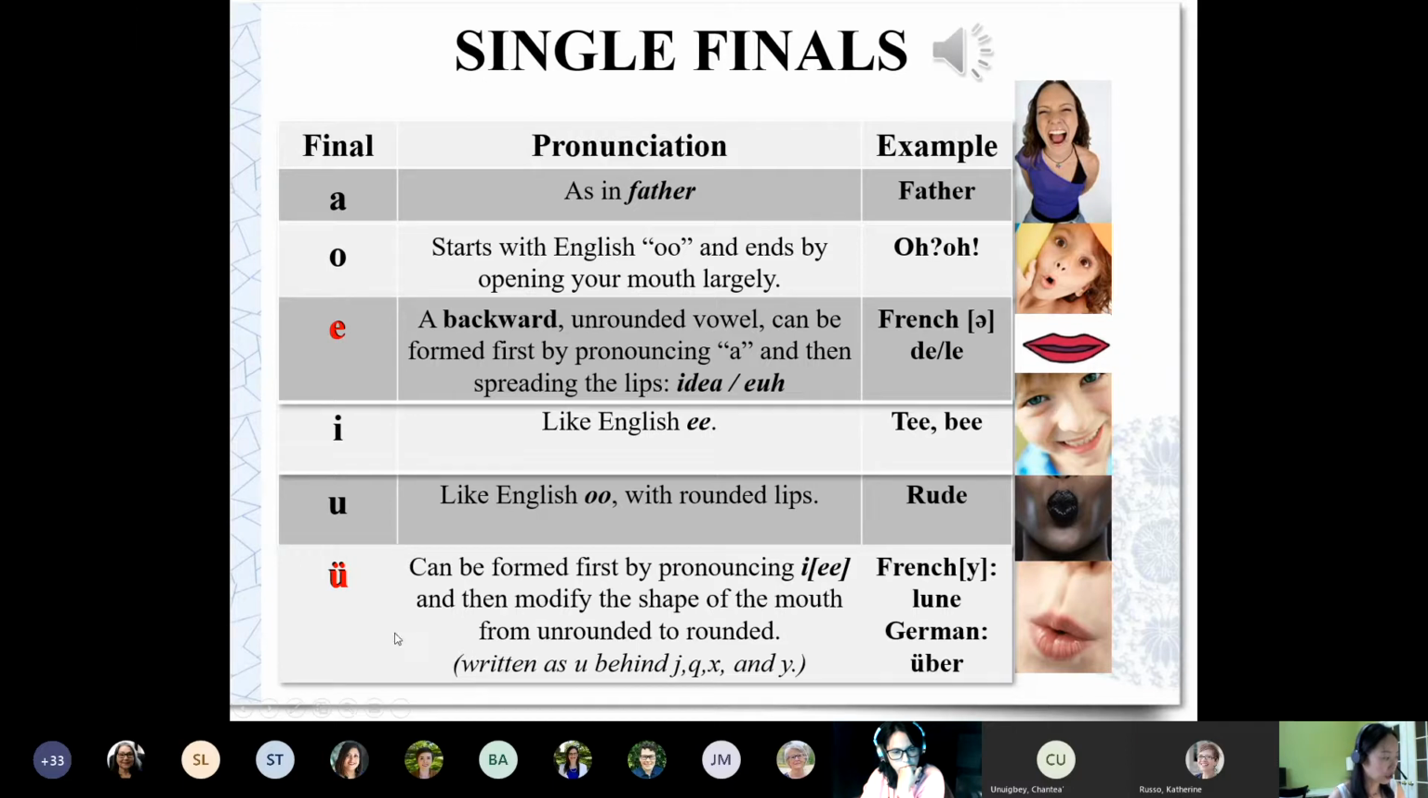The two in red are kind of a little bit hard. The first one is easy, as in father. The second is O, which is also very similar to English pronunciation: O, O, O. The third one is a little bit hard. We pronounce it as